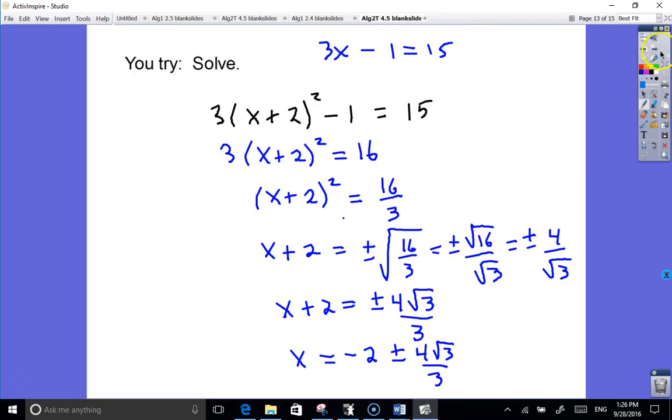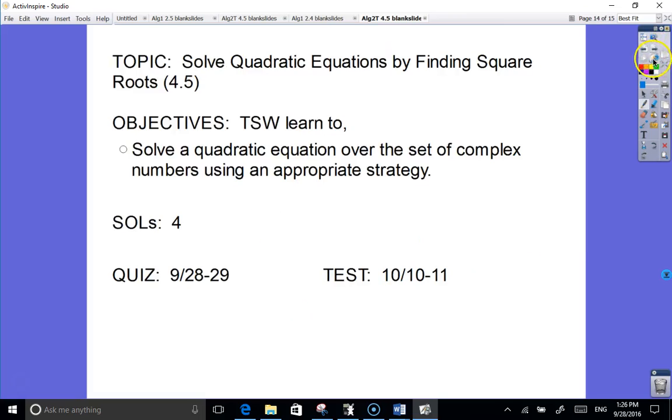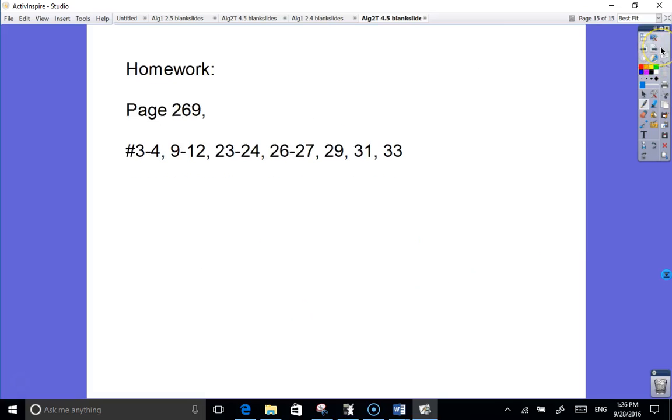Okay, so that's it. That's the homework. So you want to write this down. Write down the page number and write down the problem. So when you're done with the quiz,